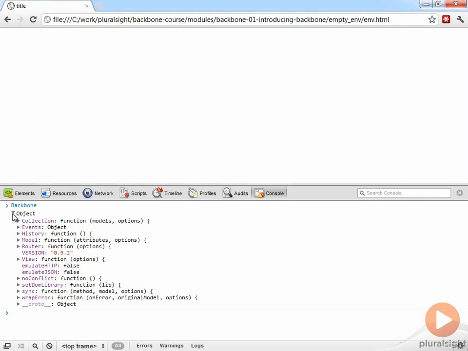To begin with, we can have a look at the Backbone object. So the Backbone object is in scope within this page, which is important so that we can work with some Backbone objects. And you can see all the Backbone objects that we've talked about so far are visible here. Models, collections, routers, events, view, and some others that we haven't spoken about yet. We can have a look at